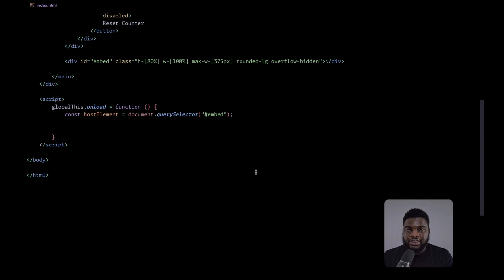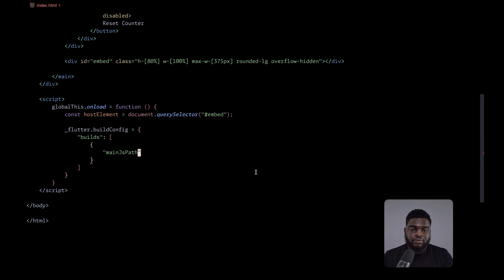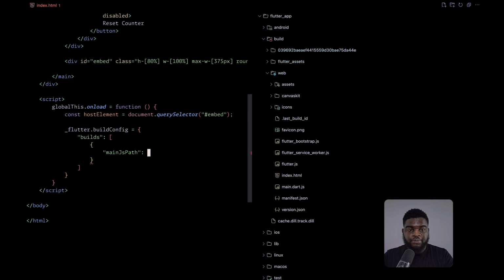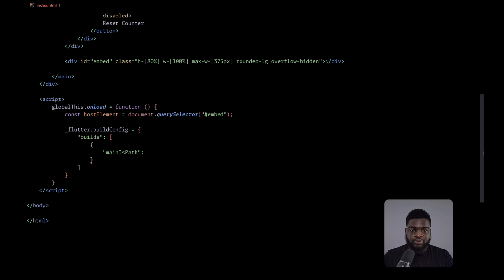And after this, we can set the build configuration using the Flutter object available from the flutter.js script. So now we'll pass it the main.dart.js file. And now we'll check the location for the main.dart.js, and it's in the same build/web folder as the flutter.js. So we'll add that here.